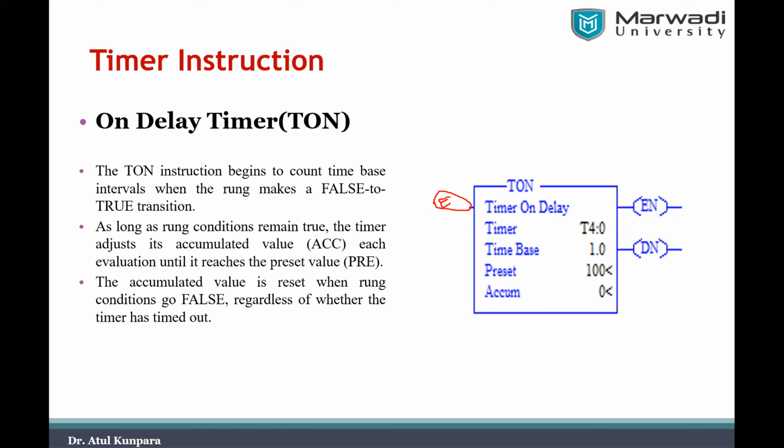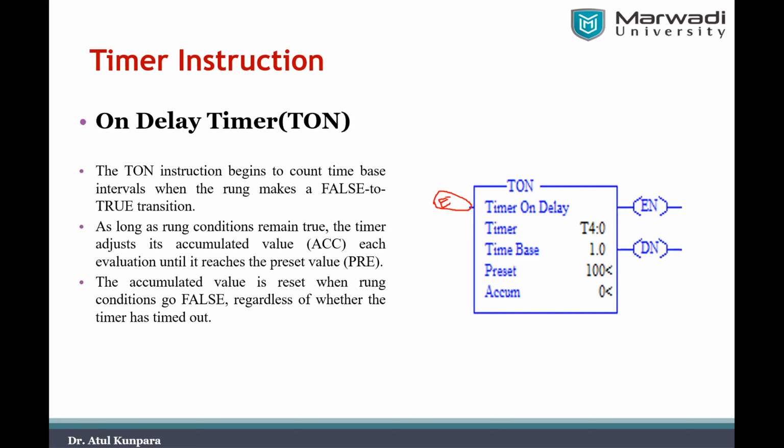These are the three bits that you can utilize in your program by using this timer, so that you can have various tasks performed in your logic. Sometimes some logic needs to be performed during the timer timing task. Sometimes some tasks need to be performed when the timer is enabled. And sometimes it may be required that you want to perform something after your timing task is completed, right? So whichever done bit, enable bit, or TT bit you require in your logic, you can utilize as per your requirement, right? And one more thing, that is the accumulator value here.